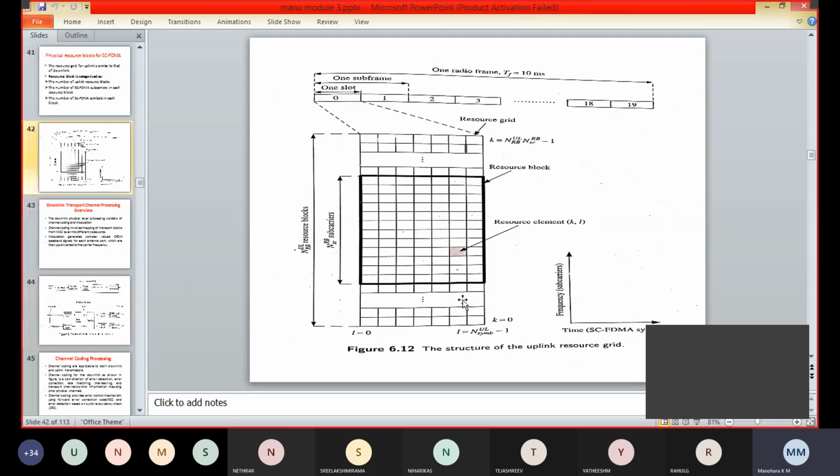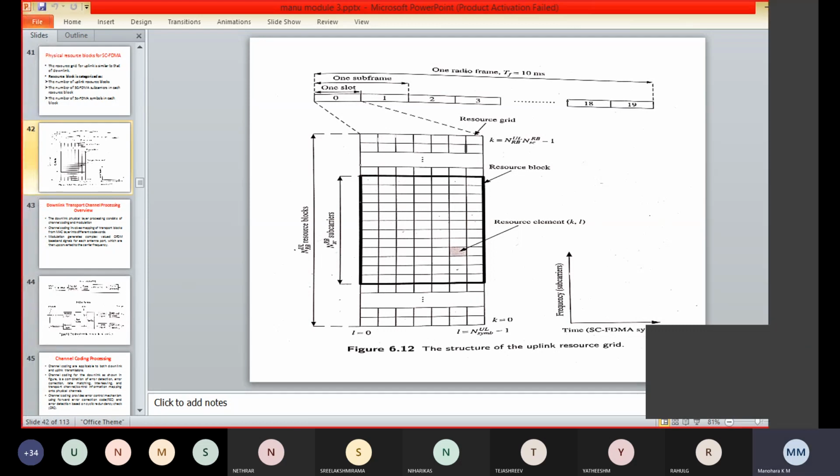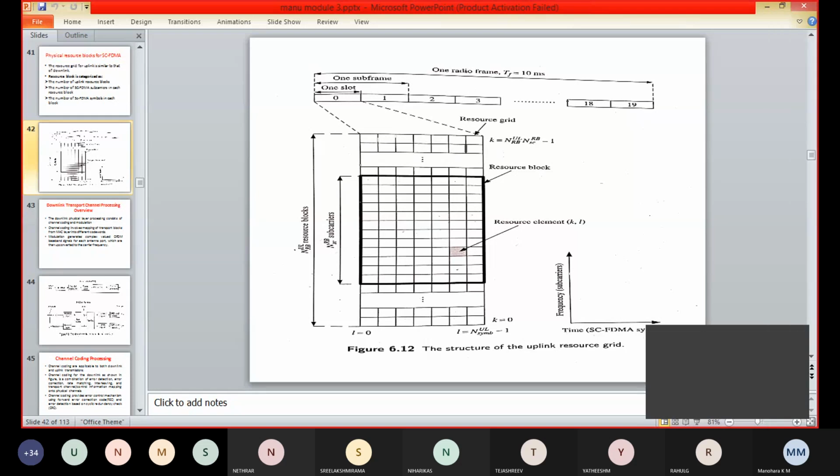So next we have supported MIMO modes. For the MIMO modes supported in the uplink, the terminal complexity and cost are among the major concerns. Multi-user MIMO is supported, which allocates the same time and frequency resources to